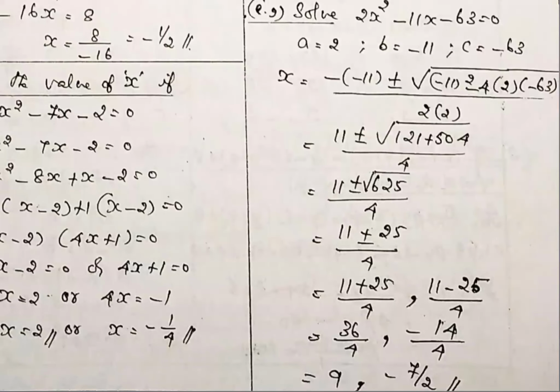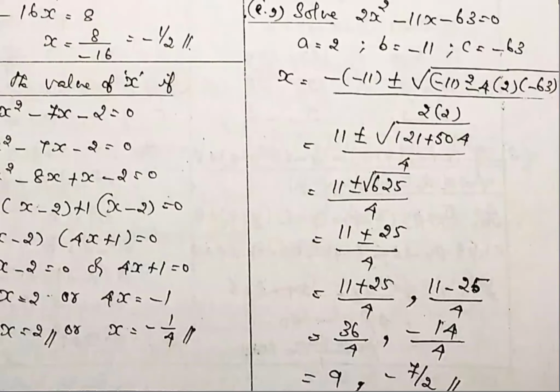So here is another condition. See the previous problem: b square minus 4ac, within the root 625 is coming. So it's a perfect square number. 25 is the answer you got. But here, suppose within the root, instead of 625, 624 is coming, then you find the square root, 24.98 coming. Then simplify it, you will get 8.9951, minus 3.49, a fraction answer coming. It's not a perfect square number.